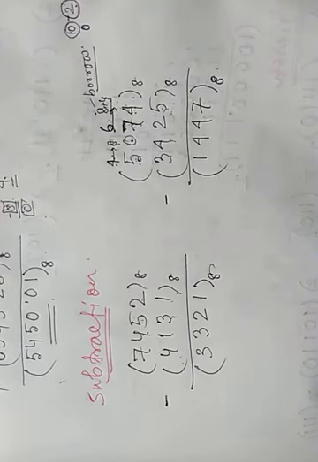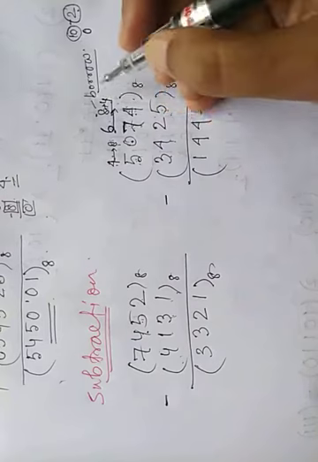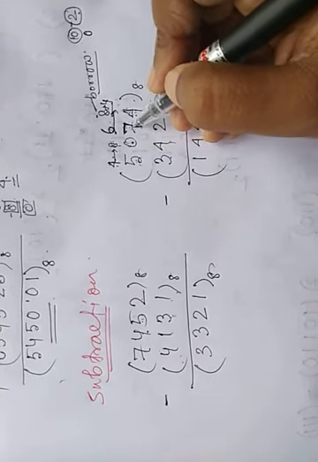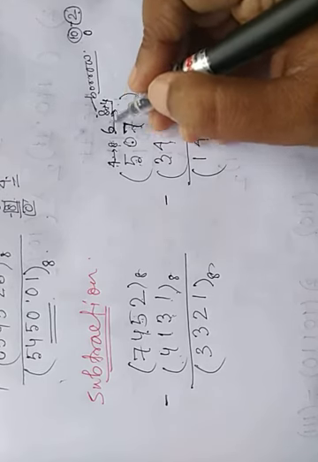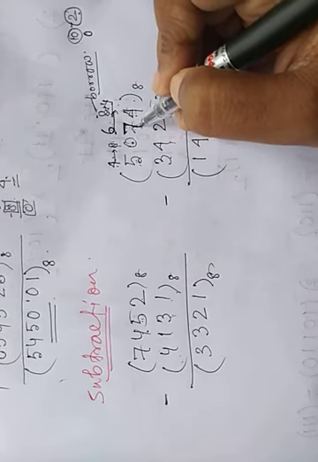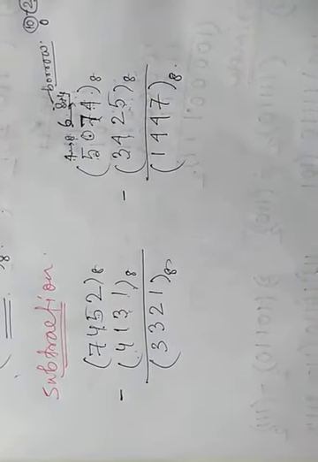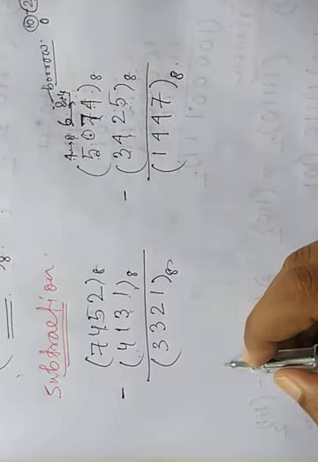This is our subtraction. Simple rule: if we borrow, we have to borrow 8 from its previous digit, and the digit from where we borrow is diminished by 1. Clear? Now suppose here